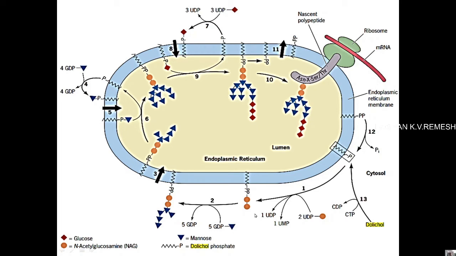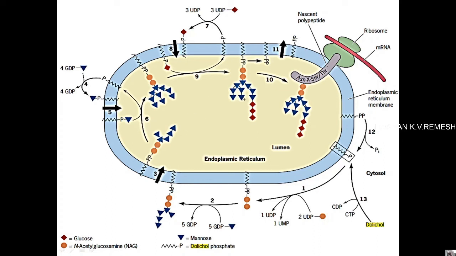After that the glycosyl transferases add 9 molecules of mannose to it. See, 1 2 3 4 5, then 6 7 8 9. Okay, 9 molecules of mannose. They are also joined to the growing end of the oligosaccharide, and after that 3 molecules of glucose are also joined along with it. So altogether it forms around 14 sugar molecules of oligosaccharide, and then the flippase enzyme brings this oligosaccharide moiety into the luminal side of the endoplasmic reticulum.